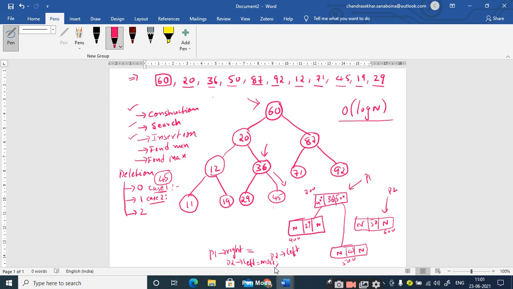Clear, sir. So for example, let me take another thing, 12, 13, 11, 60, 20, 18. Wait, 18 greater than 19, again it is not possible.